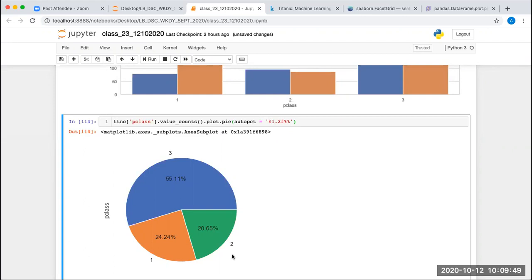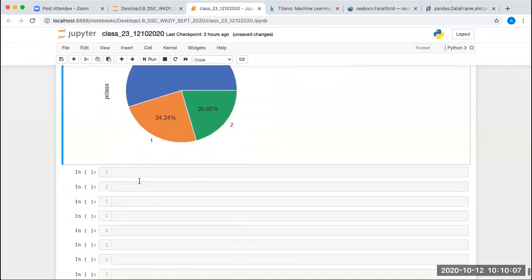Okay. Now, if you want to see the survival rate based on the passenger class, then you have the bar plot. So we are going to check the survival rate or probability using a bar plot. That is going to be the categorical plot.